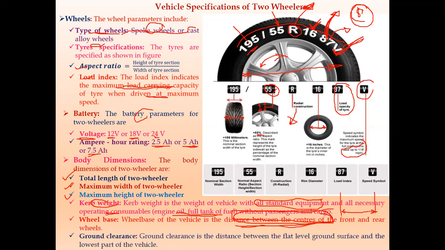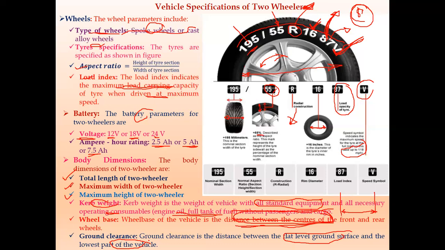Next is your ground clearance. Ground clearance is the distance between the flat level ground surface and the lowest part of the vehicle. So the distance between these two, the lowest part of the vehicle and the flat level of the ground surface, is called the ground clearance. So these are the different vehicle specification parameters which are very much necessary for